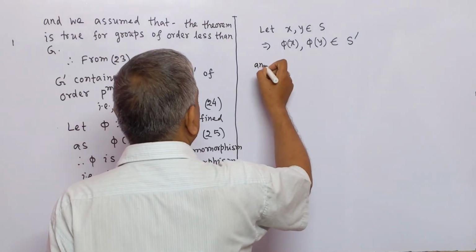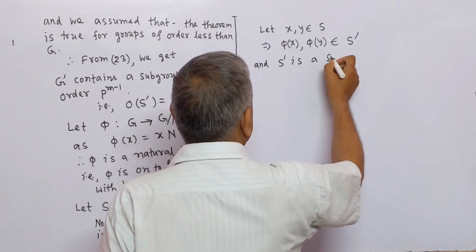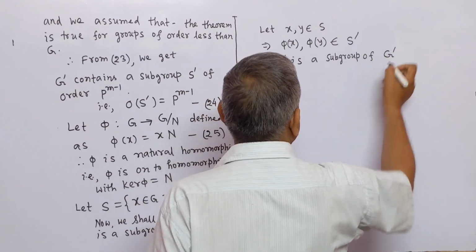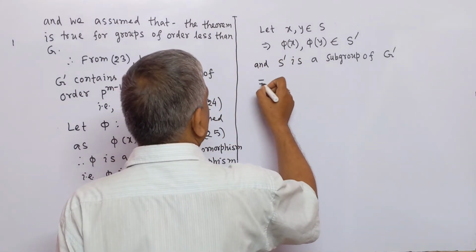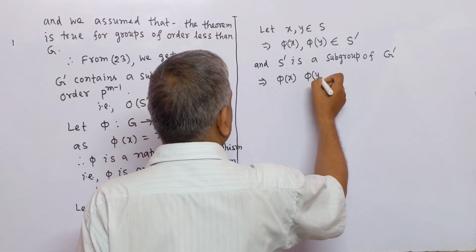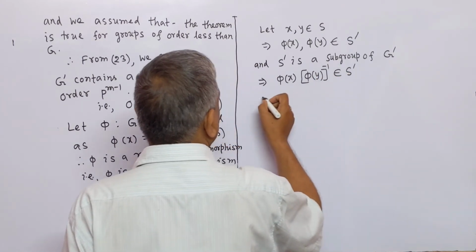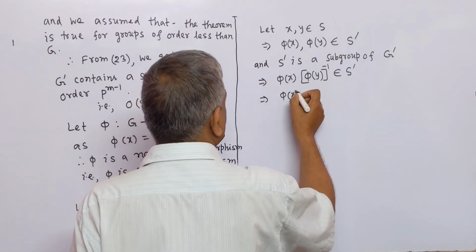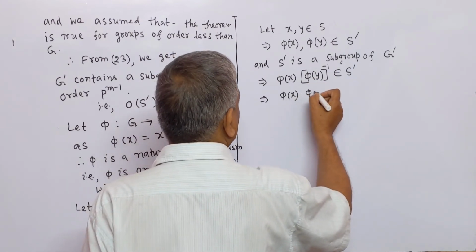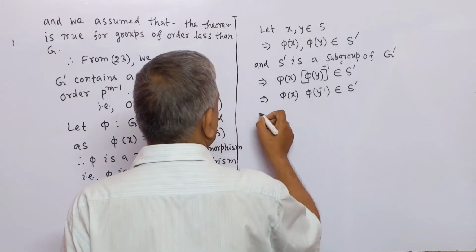And S prime is a subgroup of G prime implies that phi x, phi y whole inverse belongs to S prime, implies that since phi is a homomorphism, therefore this equal to phi x, phi y inverse belongs to S prime,